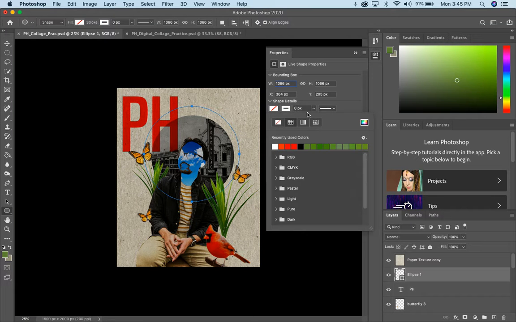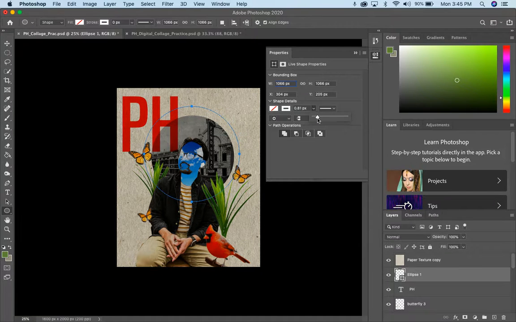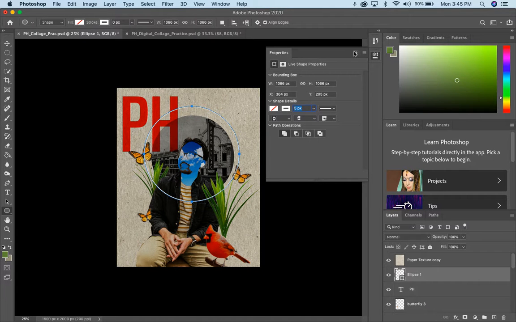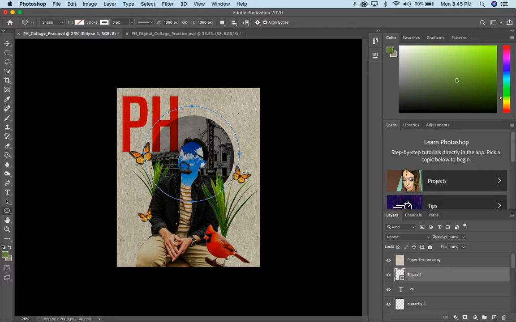And notice you can't see anything right now because there's no thickness selected. So we're going to do like 5 here. And I think that looks good. All right. Now I can move this around. That looks good right there. Maybe a little bit darker. Now, if you wanted to adjust it, you just simply double click this, or my bad, you're going to go